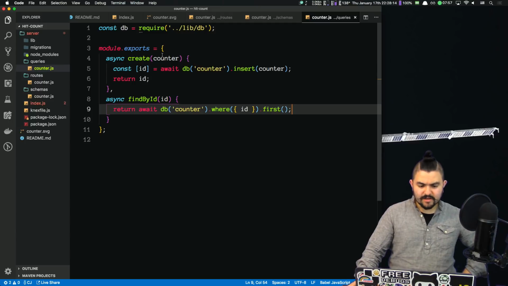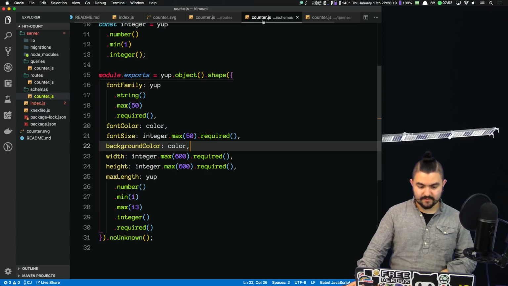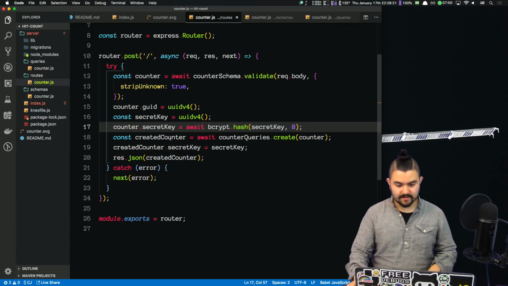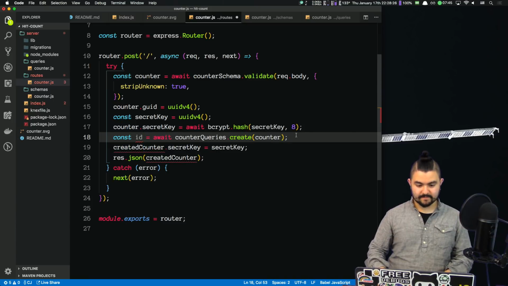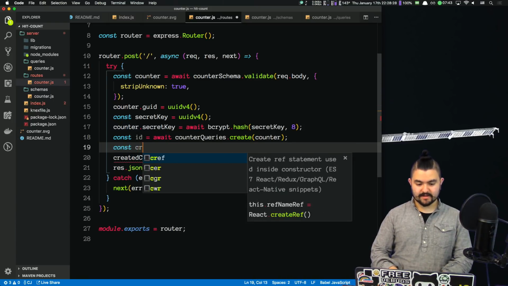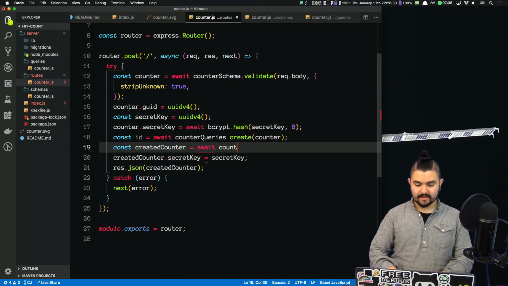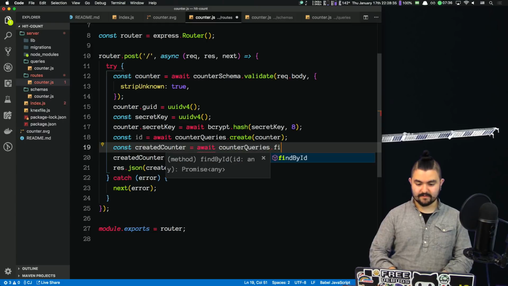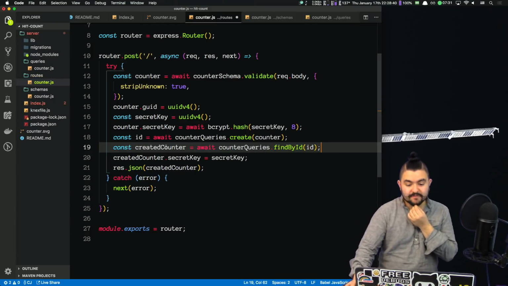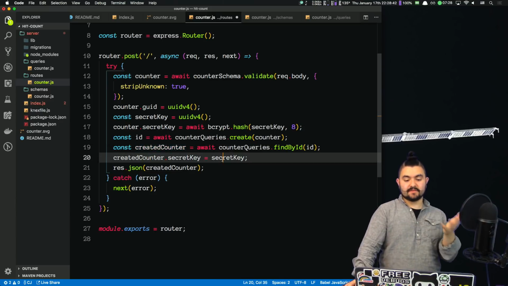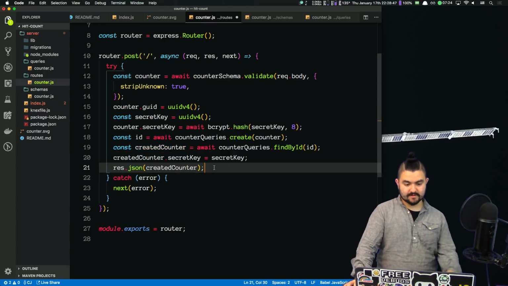So create it, we'll get back the ID, then we'll have to call find by ID to get back all of the info. So we'll say ID equals create, and then we'll say created counter equals await counter queries dot find by ID. Then after we've found it, we'll set the secret key to be the underlying secret key, not the hashed one,